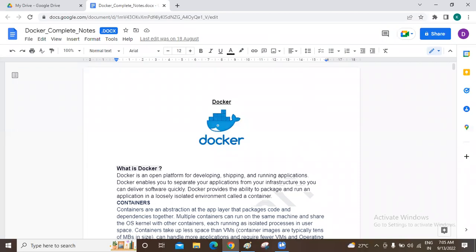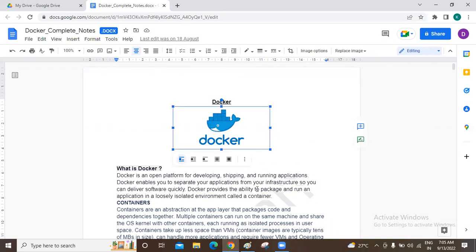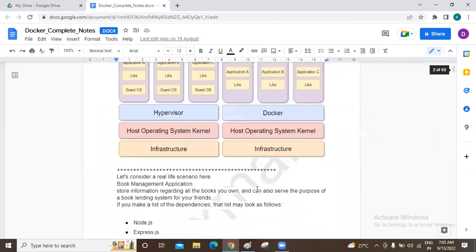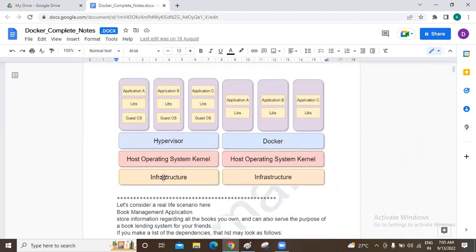So likewise, let me briefly explain what a container says. Earlier, we had hardware. On that hardware, we would install some operating system. In order to have a Linux environment on the same hardware where our Windows operating system is installed, we install a hypervisor. What will the hypervisor allow us to do? The hypervisor will enable us to install a guest operating system on top of the host operating system.